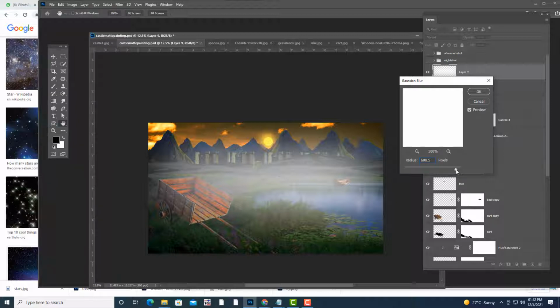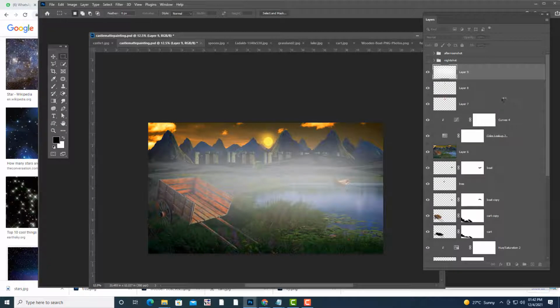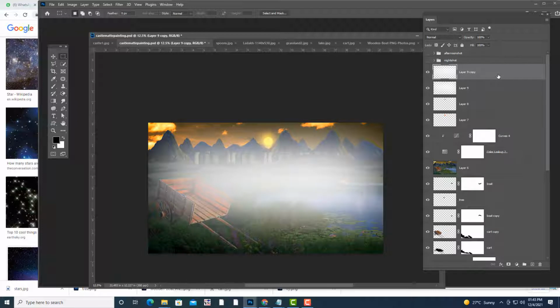So some foggy, foggy scene. If you want more fogginess, you can just do it like this. And if you want to enhance the fog effect, what you can do? Control J. You know there is more fog. Then you can reduce the opacity, something like that. Understood everyone? See, this is the day shot.